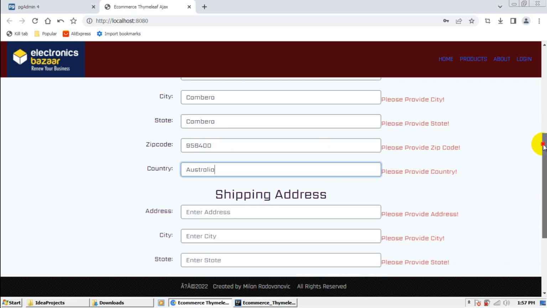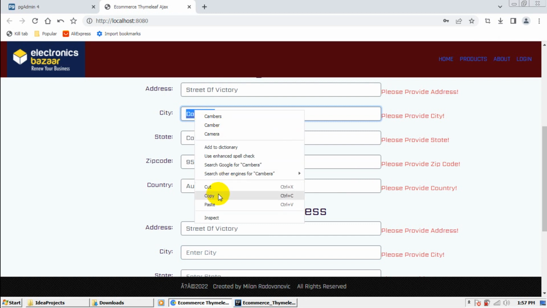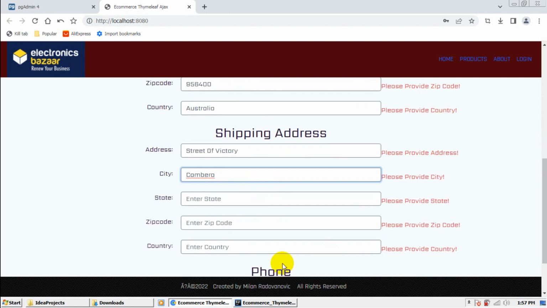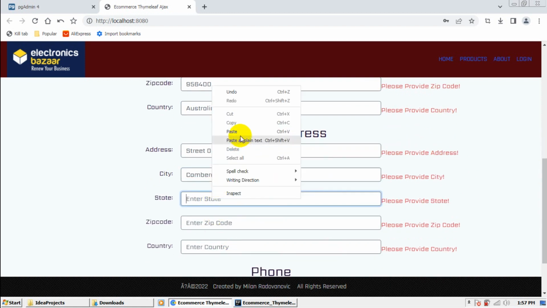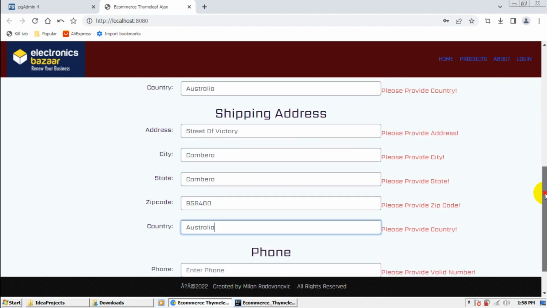And we will have the same for the shipping address: Street of Victory, city, let me just copy from here, Canberra, and also state will be Canberra. Let's just paste this zip code. Country will be Australia, and phone,